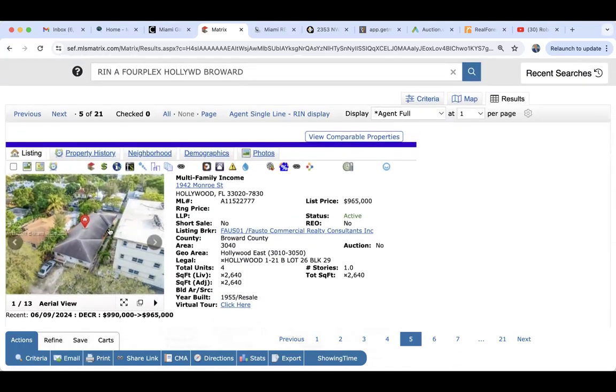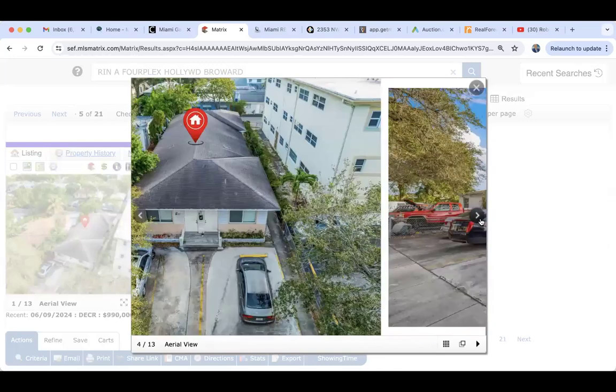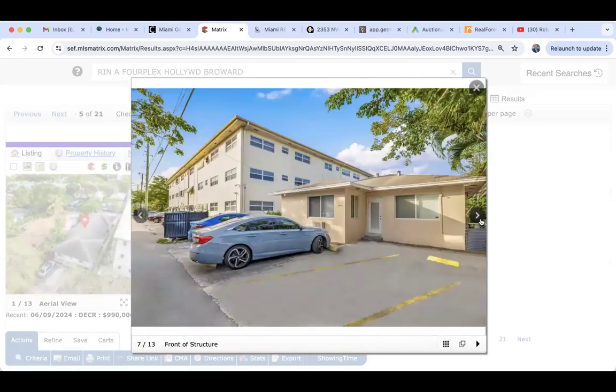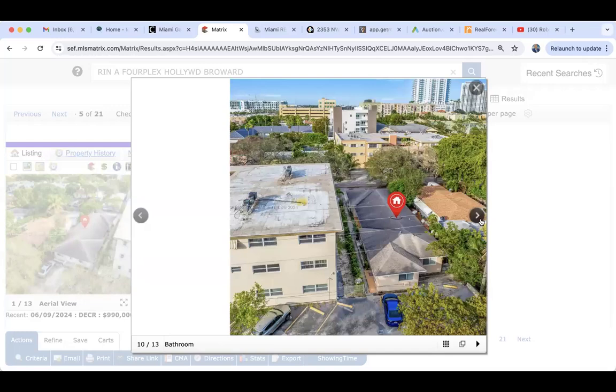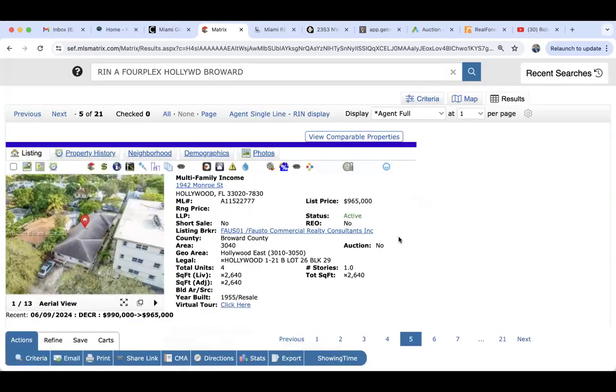Let's go ahead and use this as a case study. All right, I'm going to take a look here. There's your fourplex. All right, it's in Hollywood. It's for sale at 965,000. Now, before I even run the RPR search, you guys can always see what's